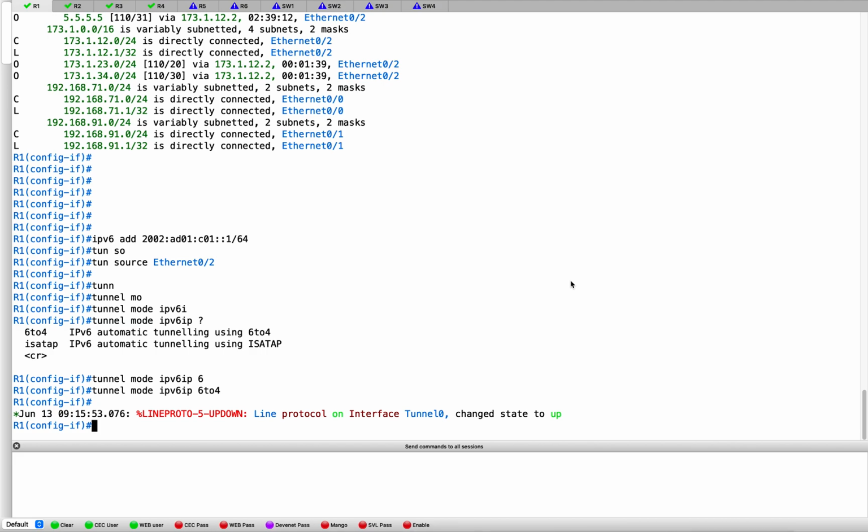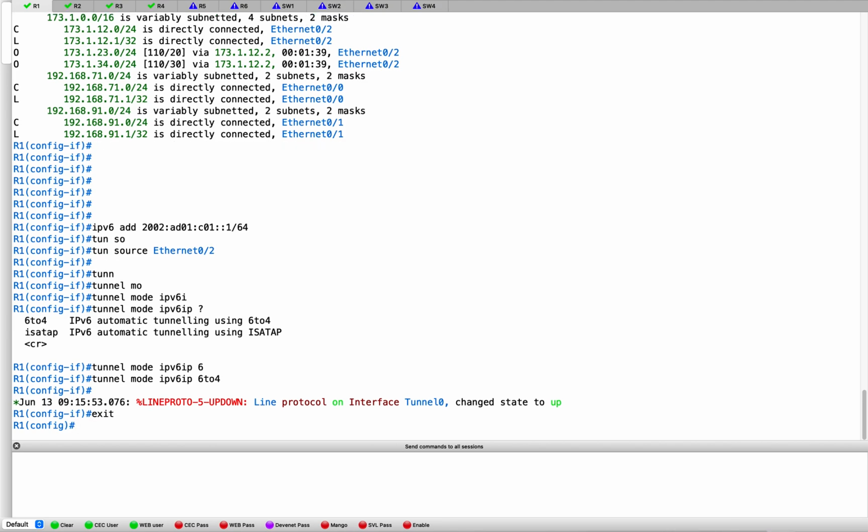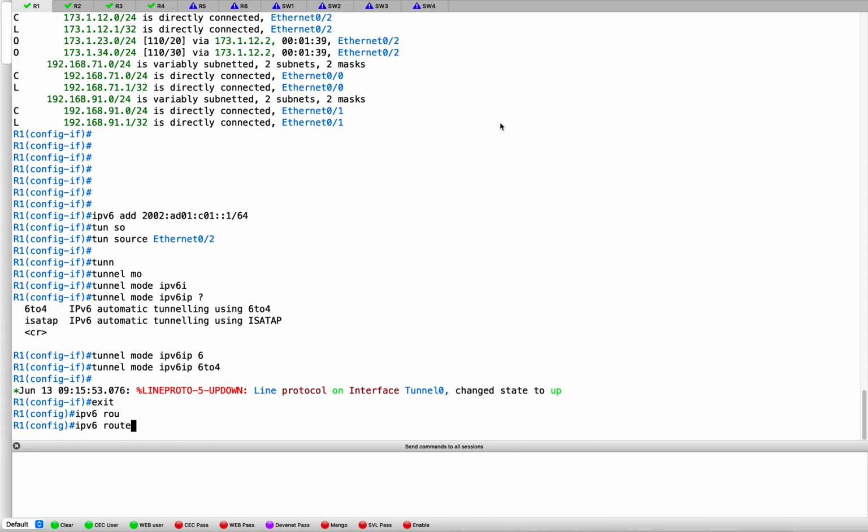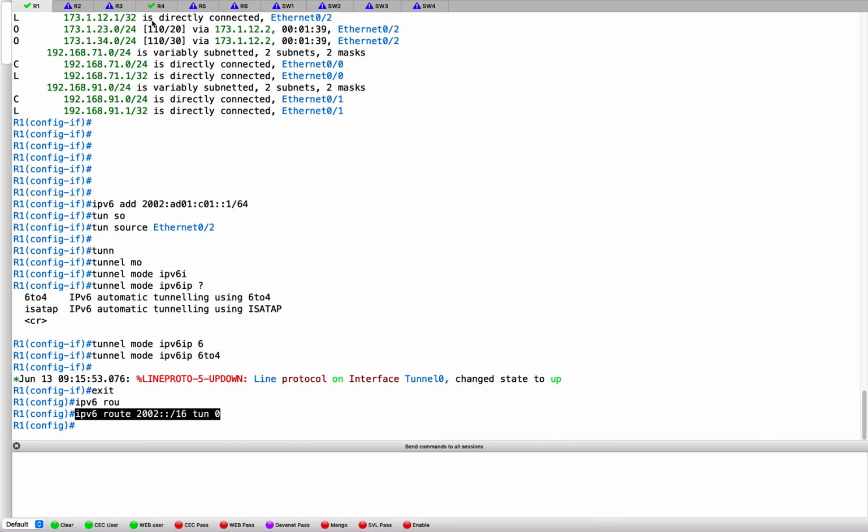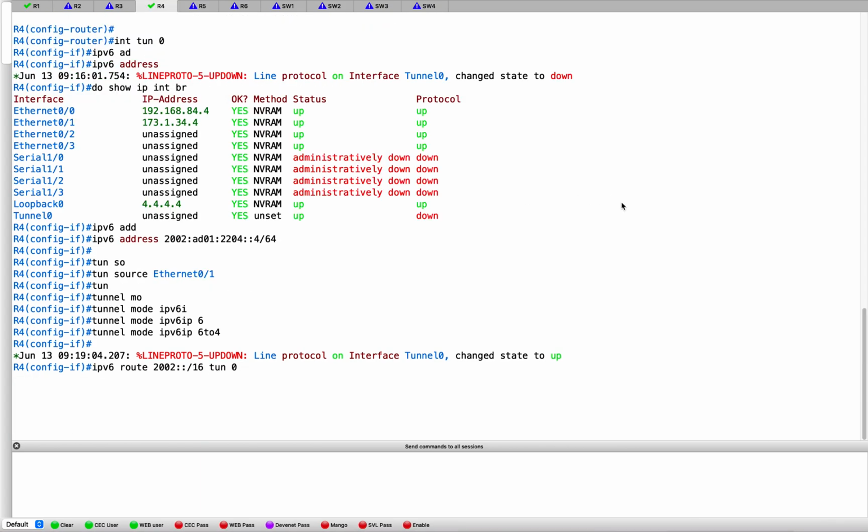Now what will be the fix for this? The fix is go on R1 and put a static route. So I'm going to say IPv6 route, and what will be the static route? Out of these both addresses which we just created, only the 2002 is the common part. So I'm going to put a static route for that part, /16 I'll have to use. And I'm going to say any traffic which is destined for this 2002 network, send it on tunnel 0. The same thing I will have to put on the other side as well. So let's quickly put it here, right? So that's one thing,